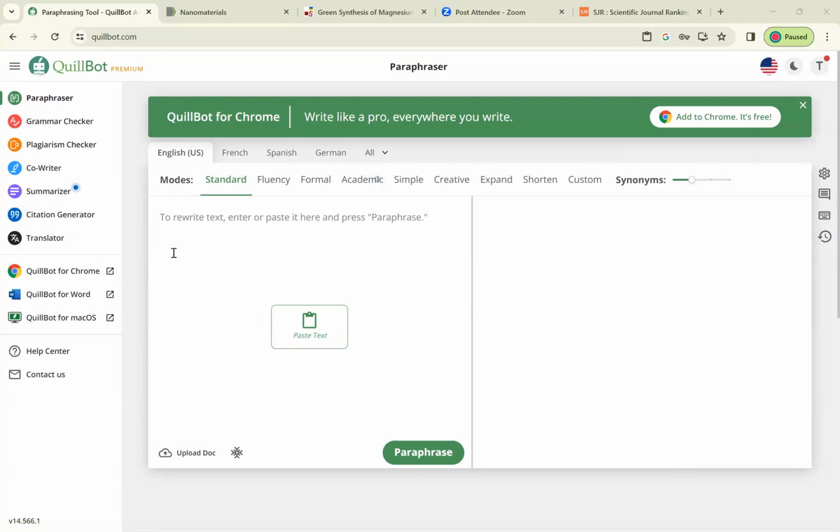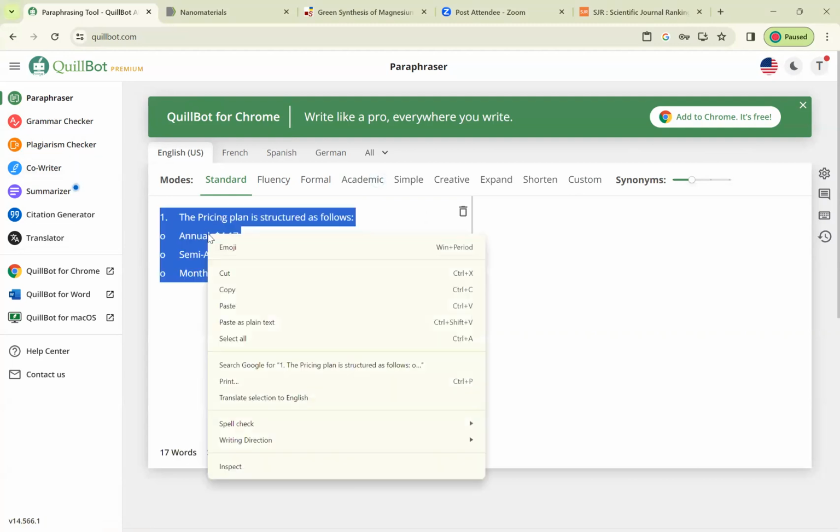So how to use it? It's easy. We just paste the text, which I just copied,